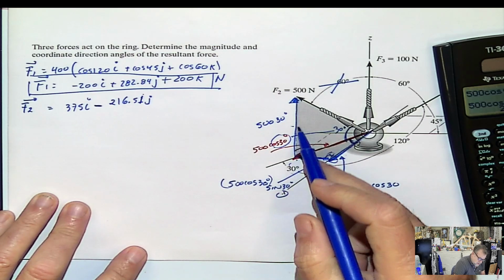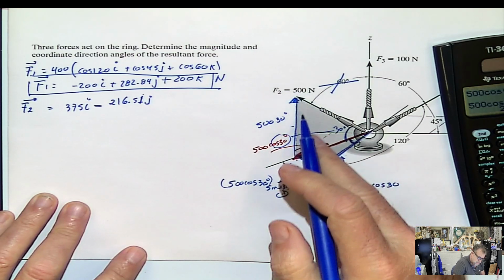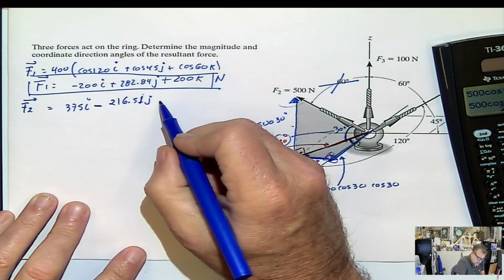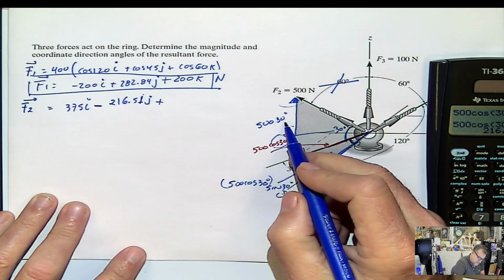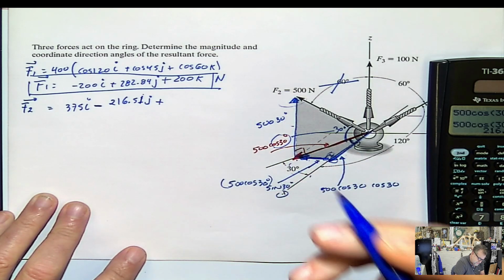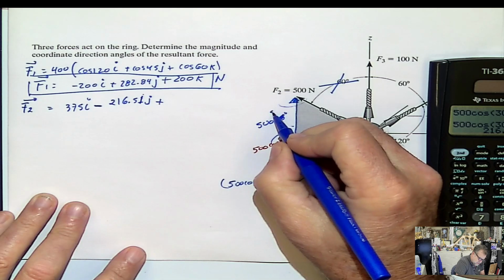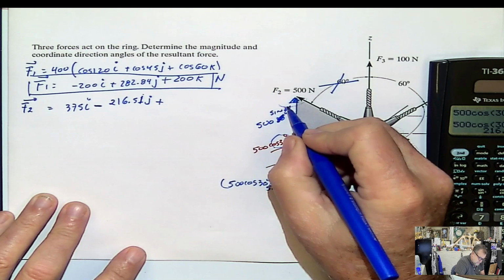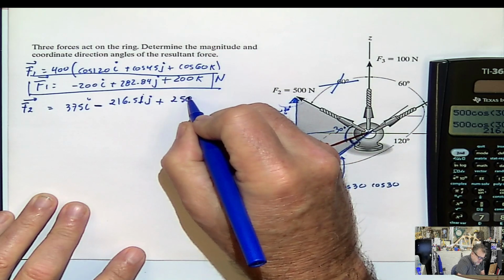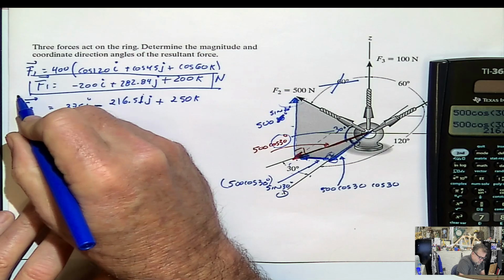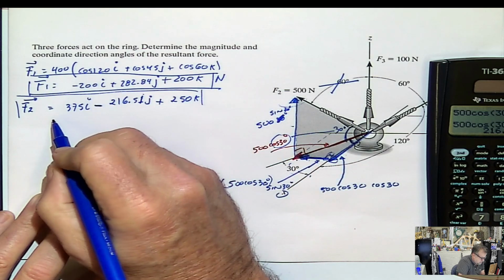And last but not least, this one, which is going to be positive, positive, and it's going to be 500. I put 30 degrees. It's 500 sine 30 degrees. So 500 times sine 30 degrees is 250 K. And this is the force to express in Cartesian notation,